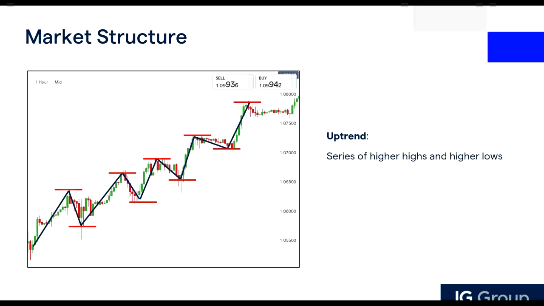Okay, and of course, this chart is a textbook example of an uptrend. And again, this uptrend, this series of higher highs and higher lows, can be within any time frame. Over here, you notice that this chart is on the hourly time frame. Of course, it can be on the 5-minute time frame, the daily time frame, the 15-minute time frame, etc. You get the idea. It can be applied to any time frame.